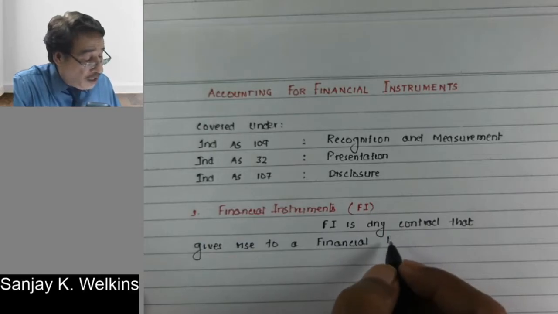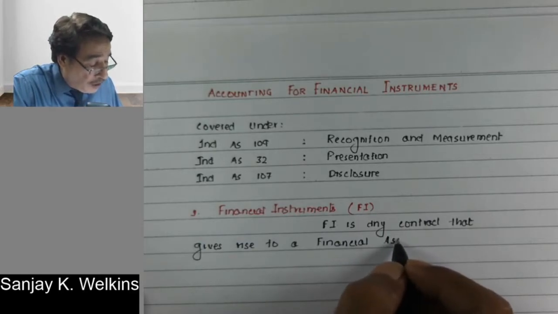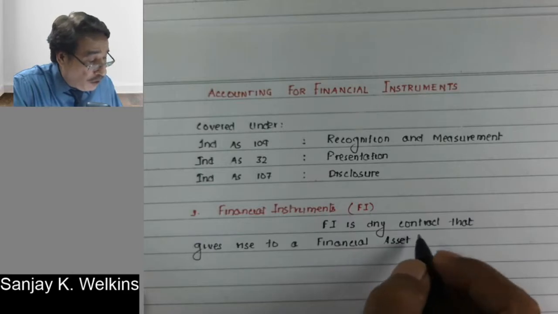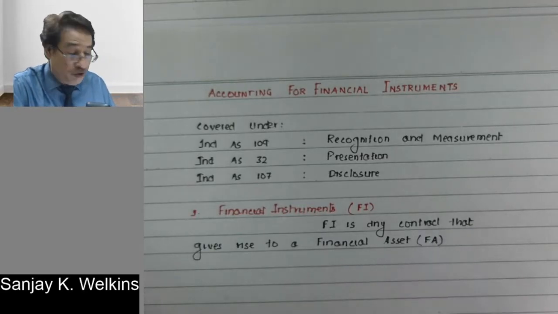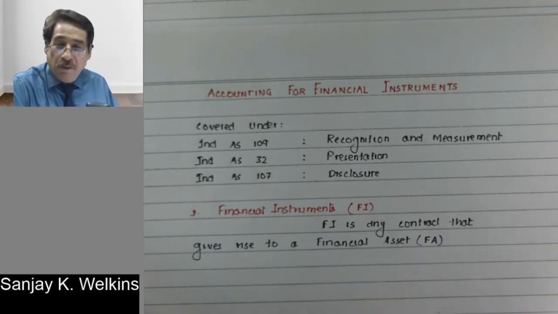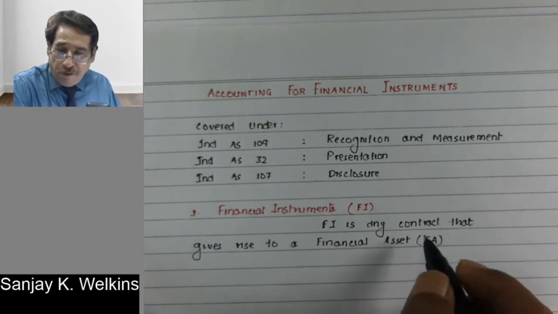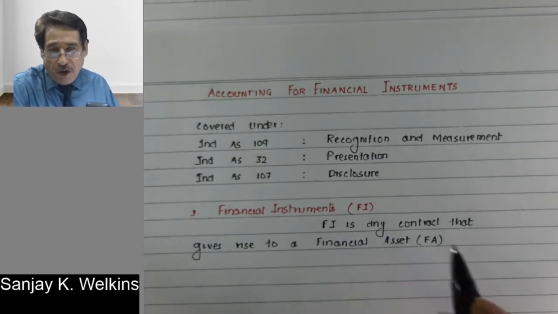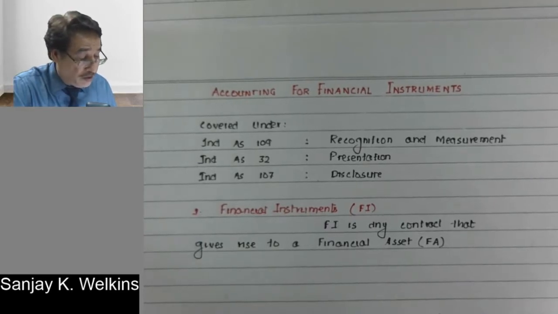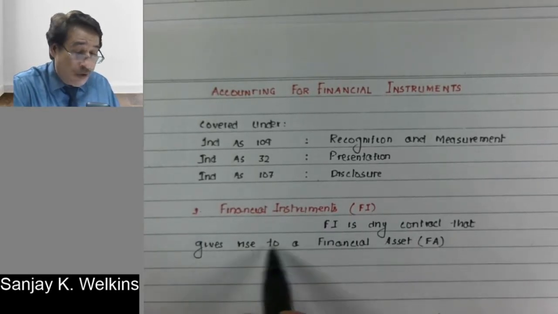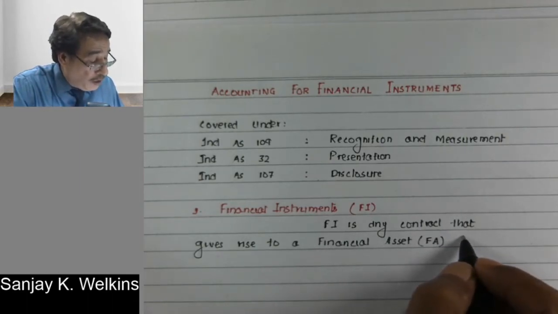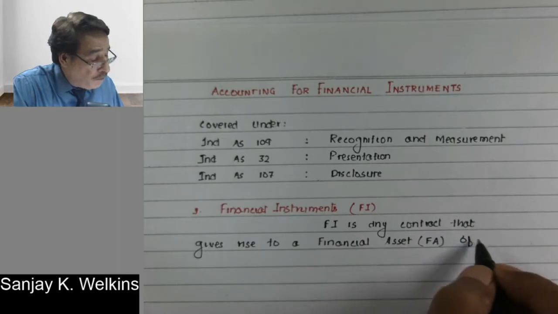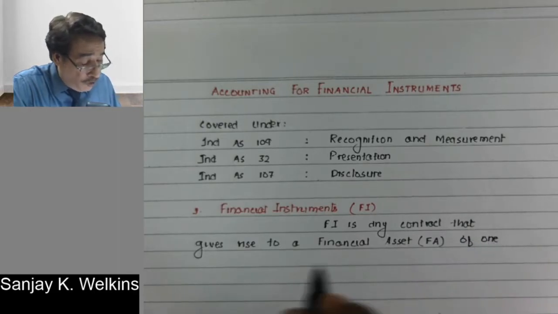In fact, first let me write that it gives rise to a financial asset, and we will use the short form FA. Please don't confuse FA in this chapter with fixed asset. Wherever I put the acronym FA, you need to connote it with financial asset, not with fixed asset. So a financial instrument is any contract that gives rise to a financial asset of one entity,